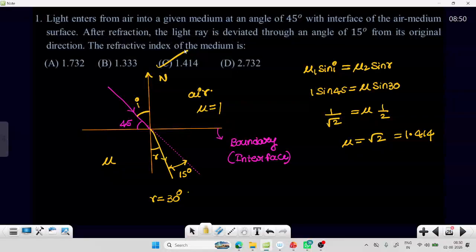Sir, how did you get the 1 from? Which one? Sir, what about the 1 by 2? 1 by 2, cross multiply. Yes, sir. So it will be 2 by root 2. How will you write 2? Root 2 into root 2. Okay, sir. Yes. What are you thinking? Sir, you did this: 2 is simply root 2 into root 2, no? Then